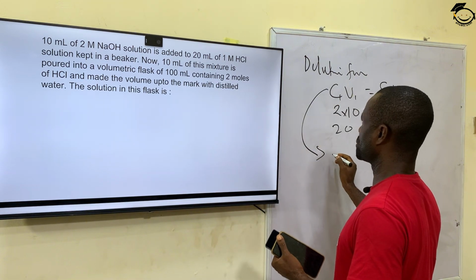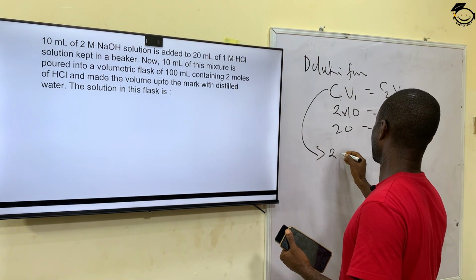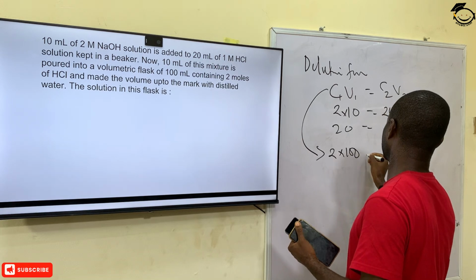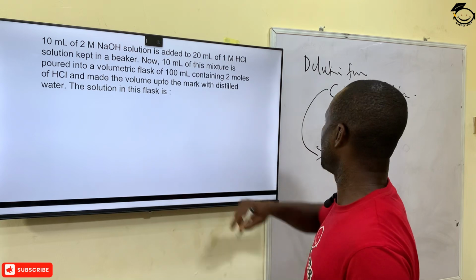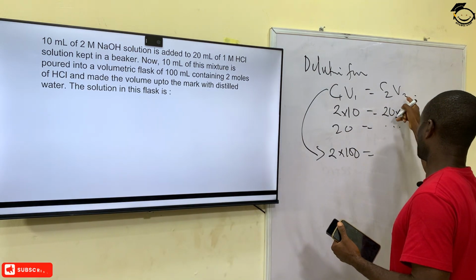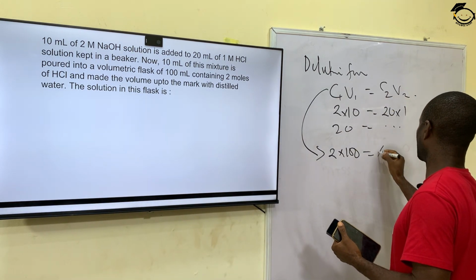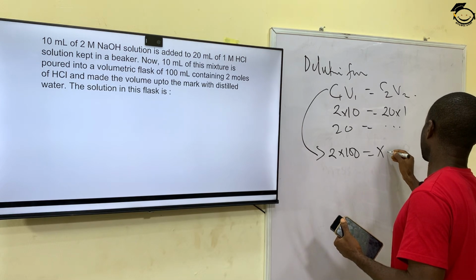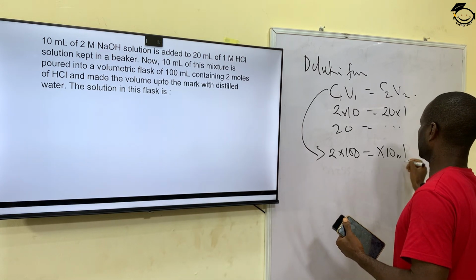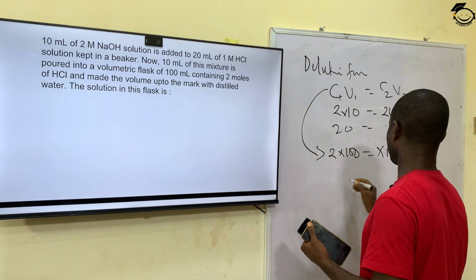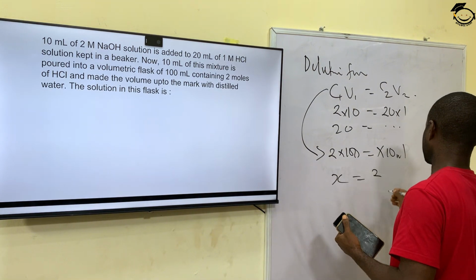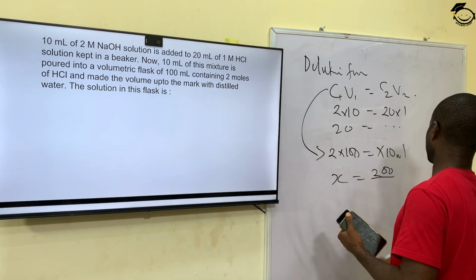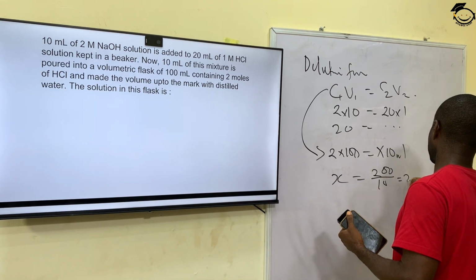So the concentration is 2 mole, 2 times 100 equals the same solution, 10 ml. The volume is 10 ml, the concentration is unknown, let's say X times 10 ml. Solving for X will give you 2 times 200 over 10, which gives you